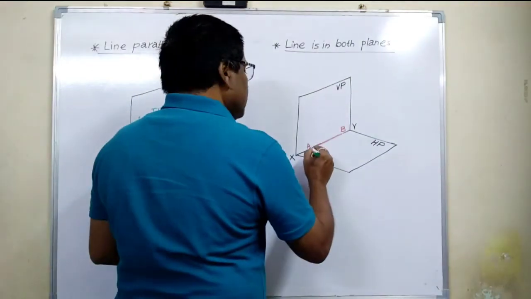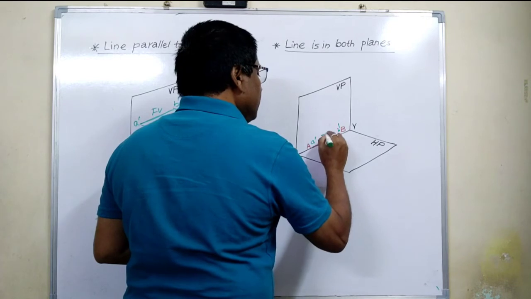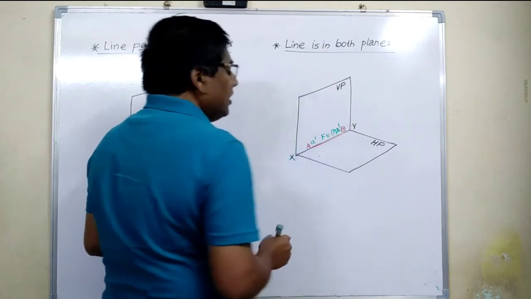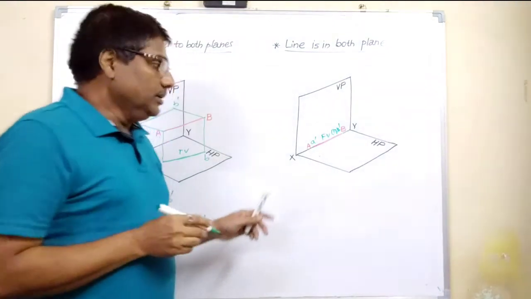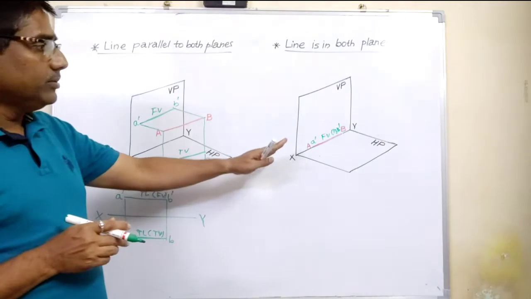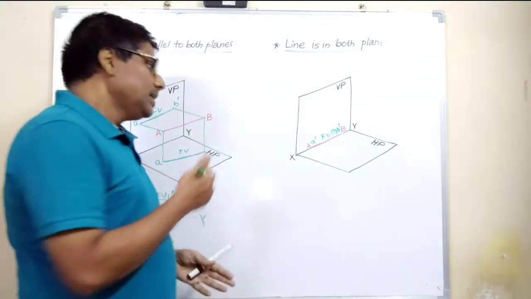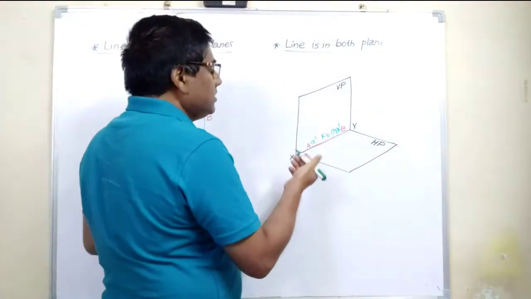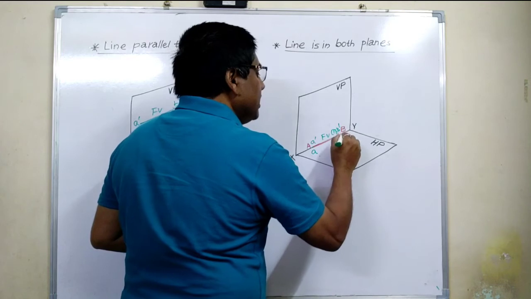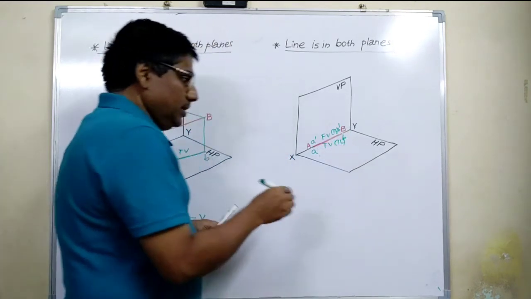Okay, therefore, what is this? This is A dash B dash front view. Of course, it is with the true length, and to get its top view, again, if you try to draw its projections on horizontal plane, the line itself will act as a top view. And this is what AB. AB is a top view with again true length.